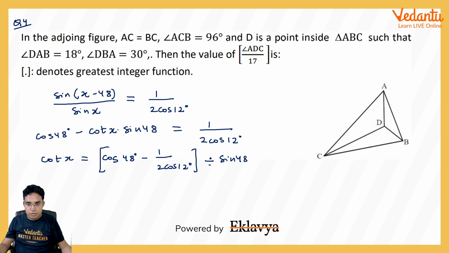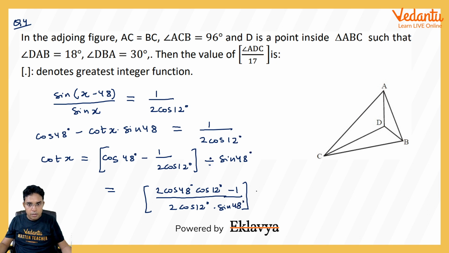Let us see if some standard angles can be obtained from this or not. So if I take LCM here, 2 cos 12 degree, here it will be 2 cos 48 into cos 12 minus 1, and I can write sine 48 also here. Now using 2 cos A cos B, in numerator we will be getting cos A plus B, that is cos 60 degree, and plus cos, I think 36 degree